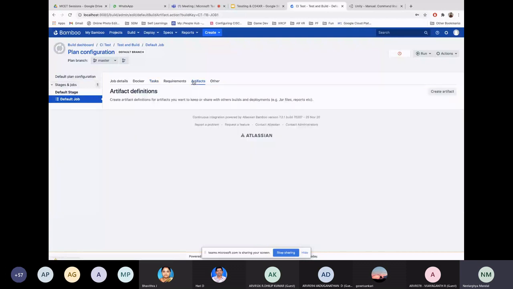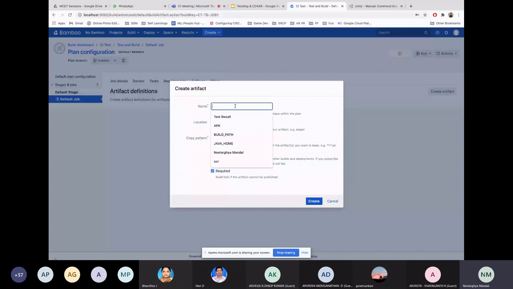Artifacts are the things that come out of your build. For example, let's say the test result is an artifact we want to generate. So we'll put test result as the name, and we'll put the pattern of the file that we want to take out. Now there are